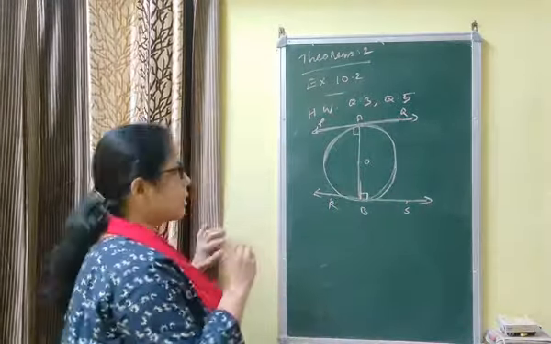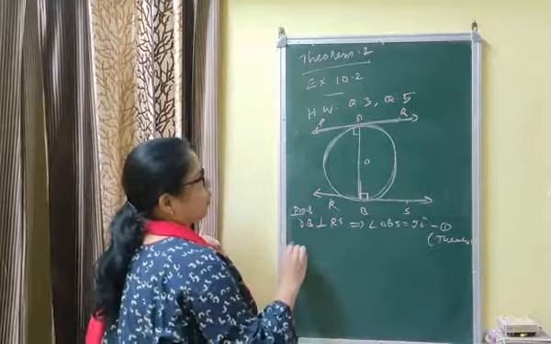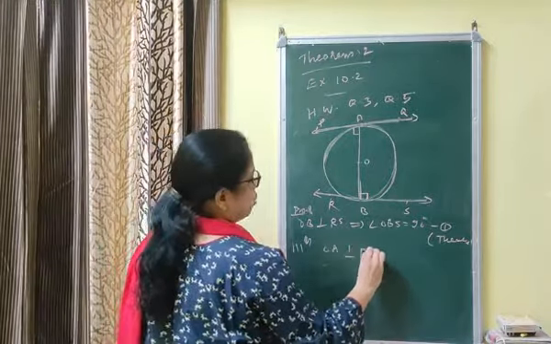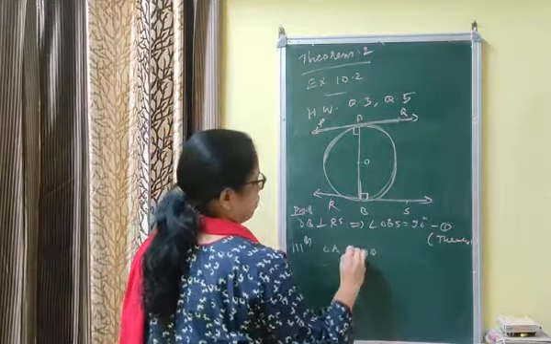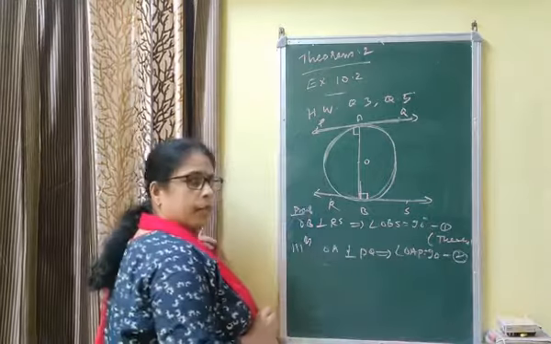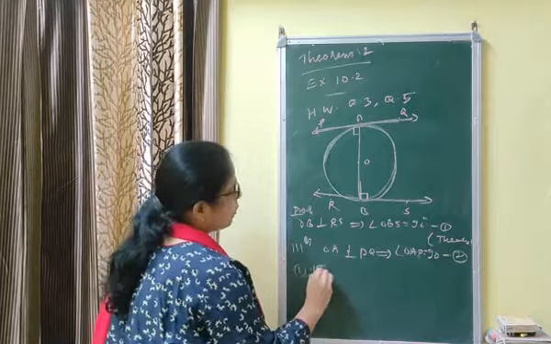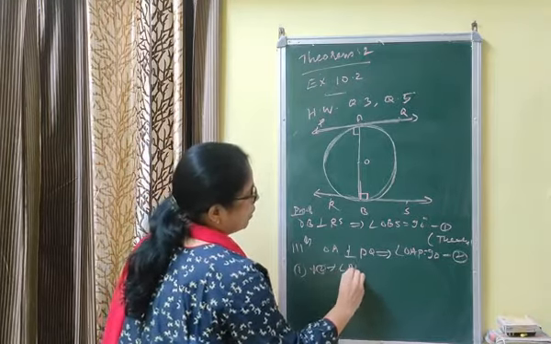That is the proof. OB perpendicular to RS implies angle OBS is equal to 90 degrees. Equation 1, by theorem 1: the radius is perpendicular to the tangent at the point of contact. Similarly, OA perpendicular to PQ implies angle OAP is equal to 90 degrees, again by the same theorem. एक theorem बार बार एक ही क्वेश्चन में आ रहे थे, एक ही बार लिखना sufficient है. 1 and 2 give angle RBA.